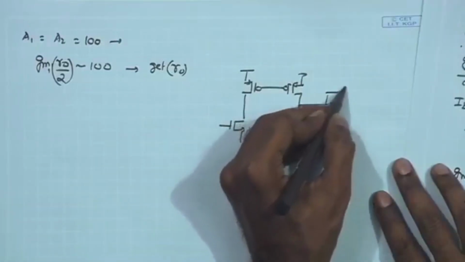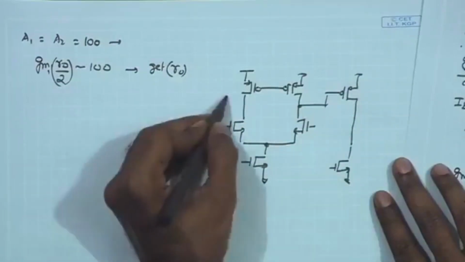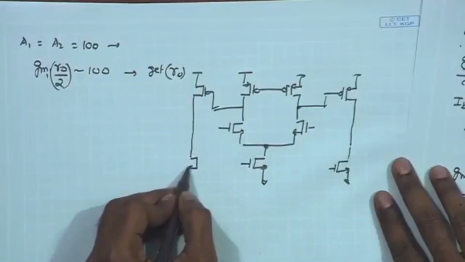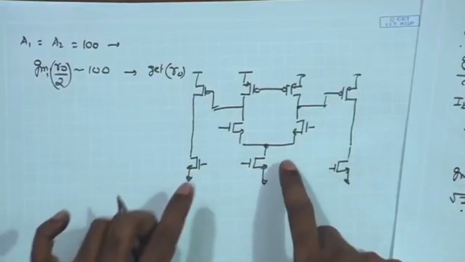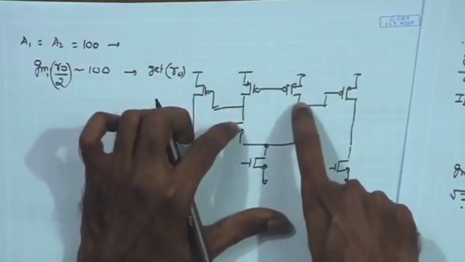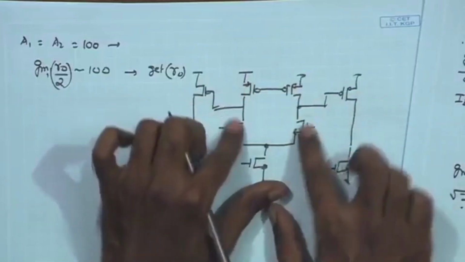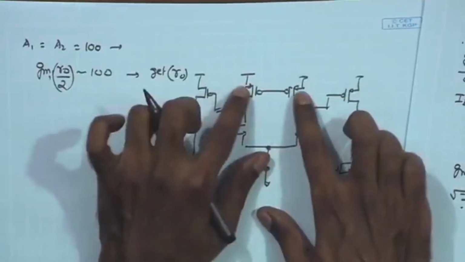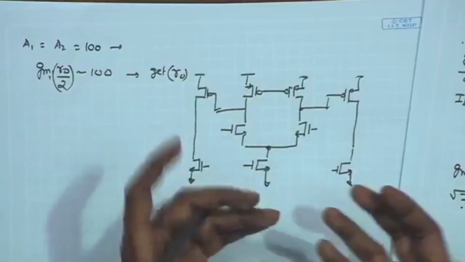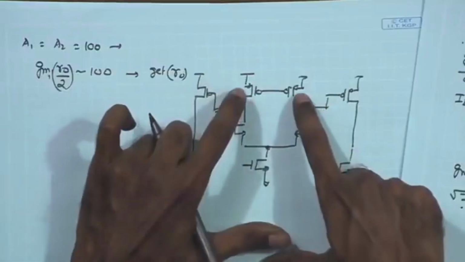So, once again, just for the sake of convenience, I am drawing the entire circuit, and the RO in the first stage is going to be the smaller RO of these two. So, first stage RO is going to be determined by RO P parallel RO N for the differential operation, and assuming that the bias current in both of them are similar, the RO is going to be dictated by the channel length. And if we recall our discussion on noise, we know that the low input referred noise requirement asks us